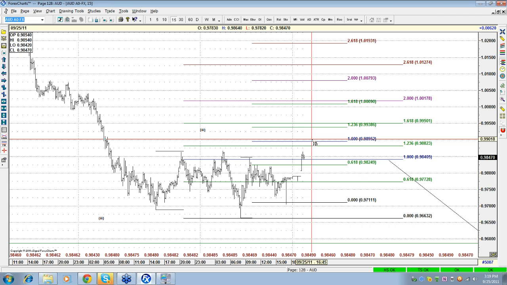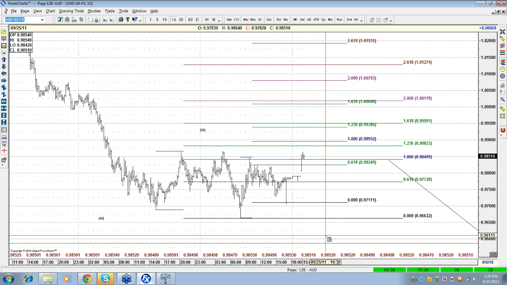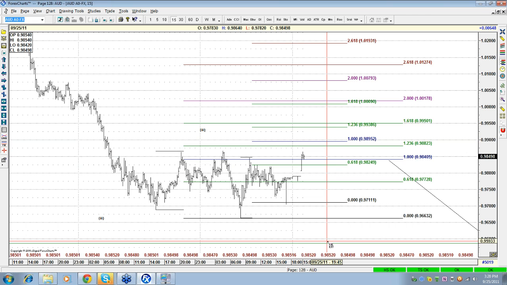No, because he's saying that Aussie is going to go to a new high. And I say, I don't see it. For me, I don't even care if it goes to a new high or not. What I care about is getting here, making 300 pips and seeing how it bounces. I never care.